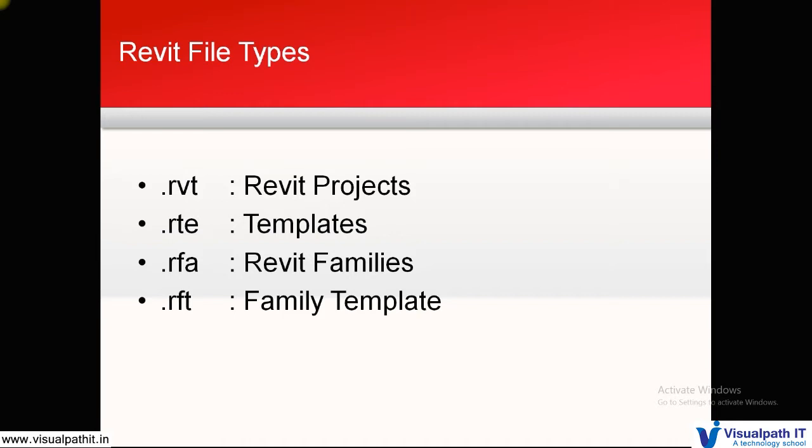And when you open a template, without a template, a software tool cannot work. So now what is a template? The elements required for your project, like doors, windows, etc., will be stored in that. So any kind of dimension, units, etc. will be there. Whatever you need will be there in that template. So without the template, Revit cannot work. When you open a template, it opens in a format called .rte, Revit template.